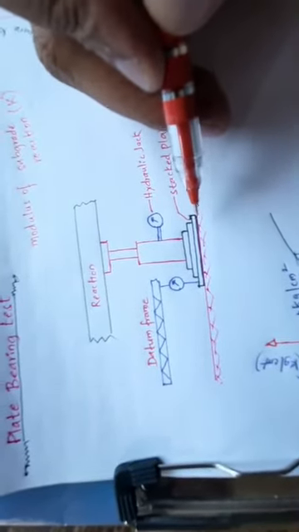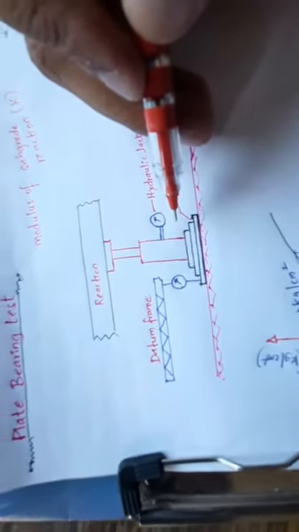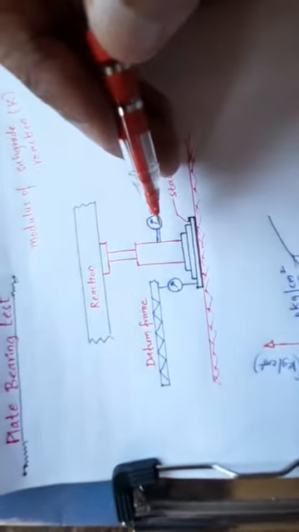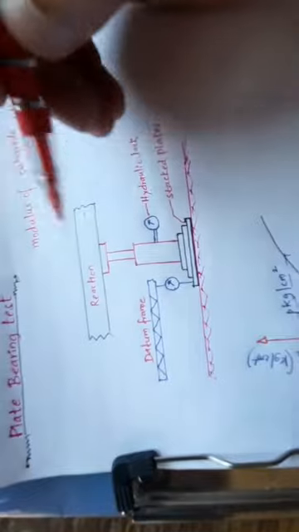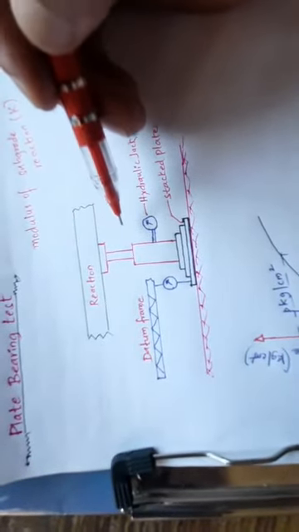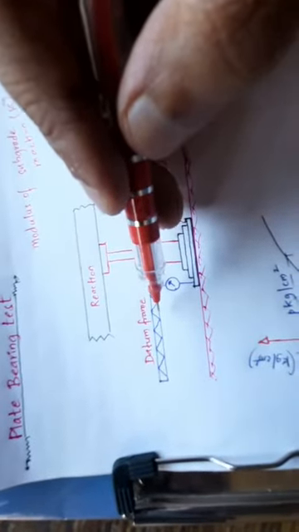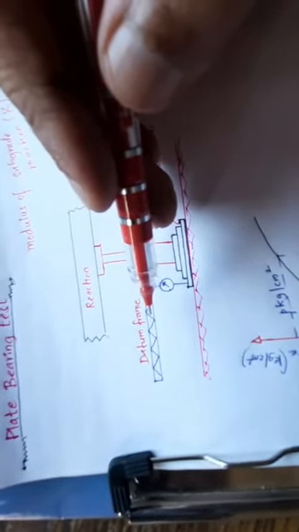Clear? So this is the test setup, which has different plates whose diameter varies from 75 centimeter, 60 centimeter, 45 centimeter, 30 centimeter. A load device consisting of a jack with a proving ring arrangement, and the reaction frame. This is the reaction frame against which the jack can give thrust to the plate. A datum frame rests far from the loading area. This has the dial gauge used to measure the settlement of the load plate. Clear? So let us see how it works.